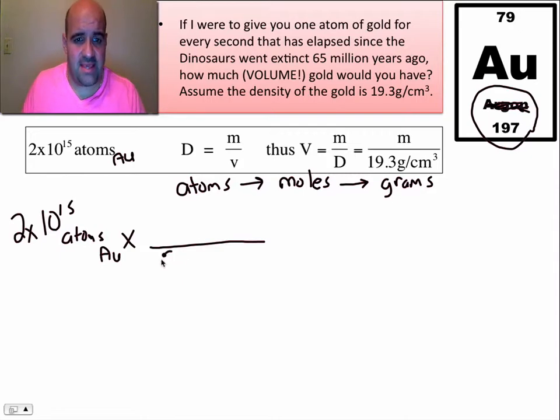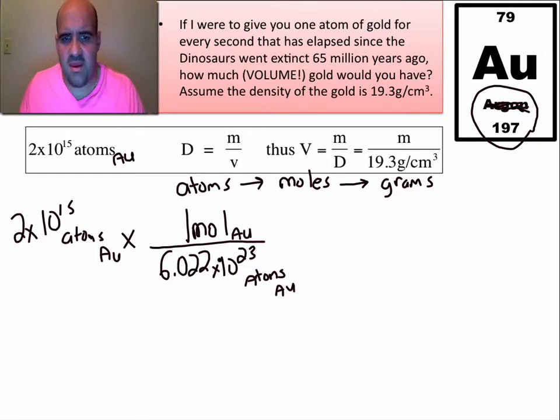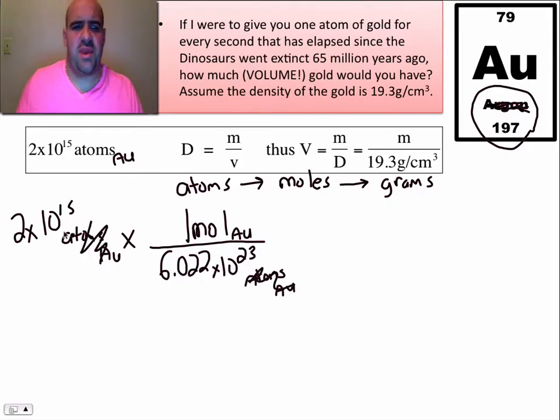So I know that 6.022 times 10 to the 23rd atoms of Au is going to be equal to 1 mole of Au. Because why? Well, if I had this many atoms of anything, it's equal to 1 mole. 6.022 times 10 to the 23rd atoms of silver is 1 mole of silver. So these atoms of Au are going to cancel. And essentially I multiply across: 2 times 10 to the 15 times 1 is 2 times 10 to the 15th